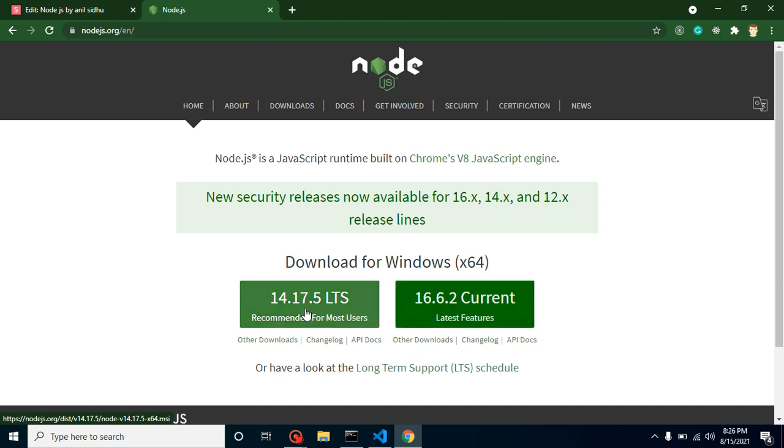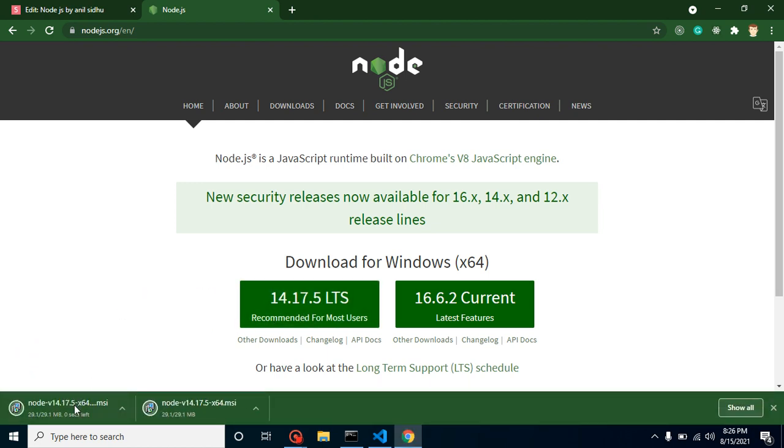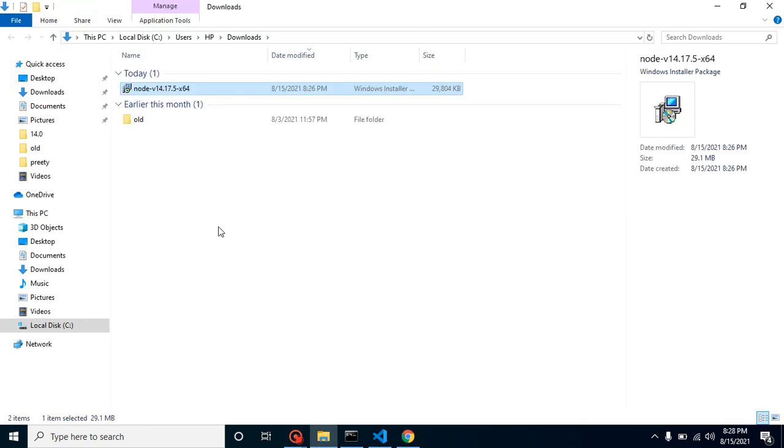So download it by clicking over it. It will take a moment to download. After that we will install it. After it downloads, we can go to the folder and double click on it. It's a super easy process to install Node.